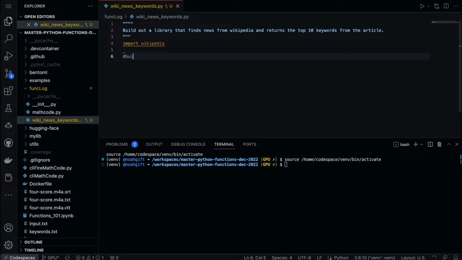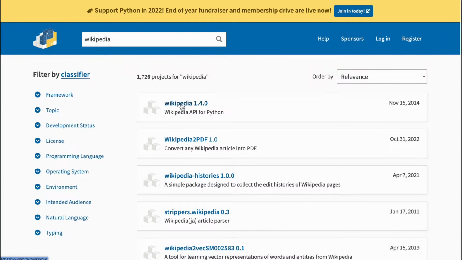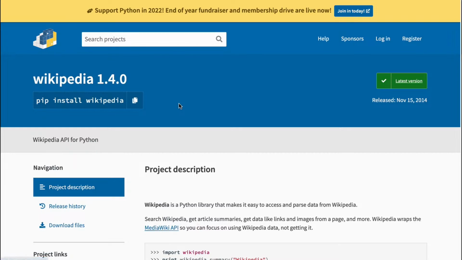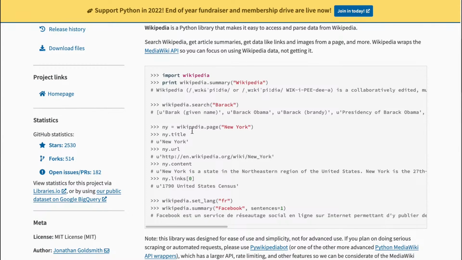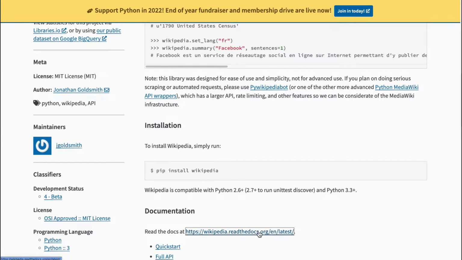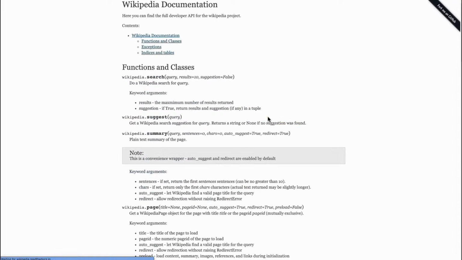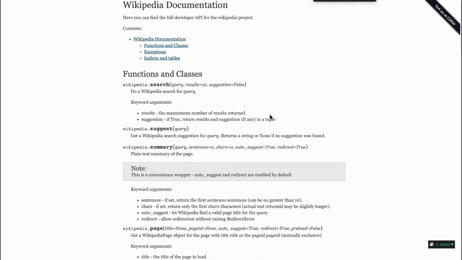I'm going to say build a... well, first let's look at PyPI, and let's go to Wikipedia, and see if there's a news feature somewhere inside of here. So we can say quick start, Wikipedia documentation.